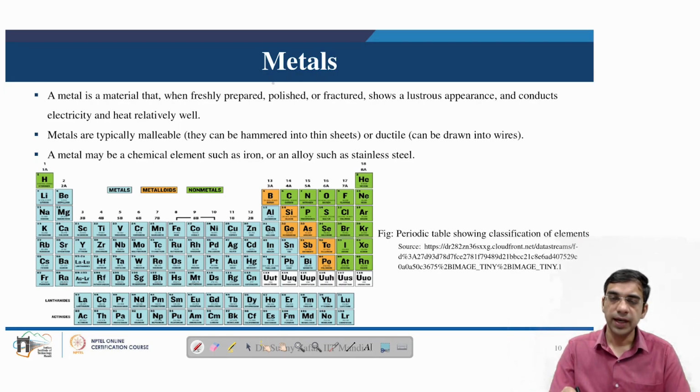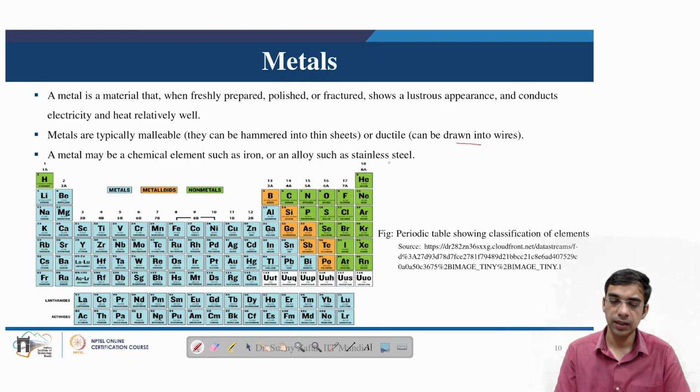So we will see some highlights about various properties and basic structure of different materials. We start with metals. Metal is any material that, when freshly prepared or polished, shows a lustrous appearance, and it is a good conductor of heat and electricity. Metals are typically malleable, meaning they can be hammered into sheets, or ductile, meaning they can be drawn into wires. And a metal may be a chemical element like iron,